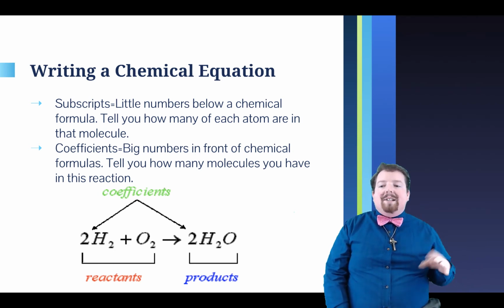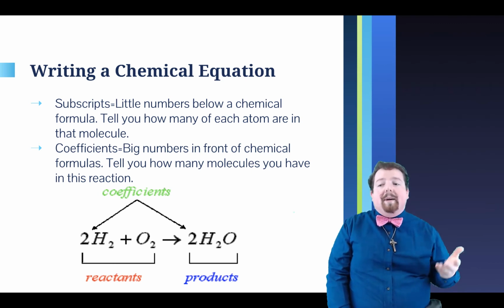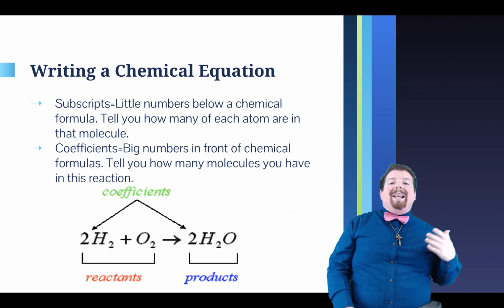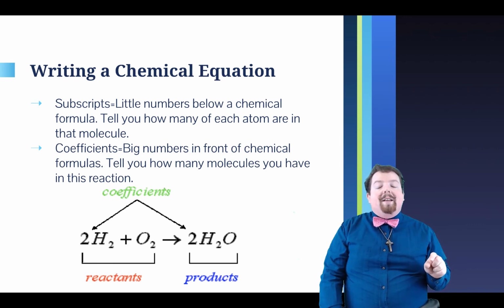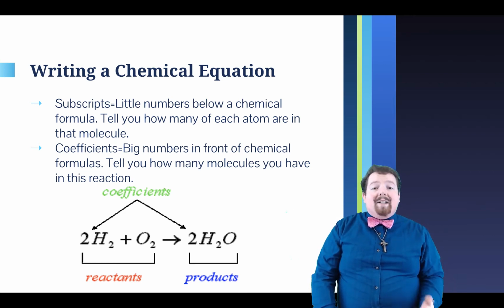You might notice that sometimes we have a little number at the bottom. We call that number a subscript. These subscripts tell you how many atoms of each of those elements we have in that particular molecule. Those subscripts go with the element that is immediately to its left. So if you see maybe H2O, that 2 goes with the H. If there's not a subscript next to an element in a molecular formula, then you assume that there is 1